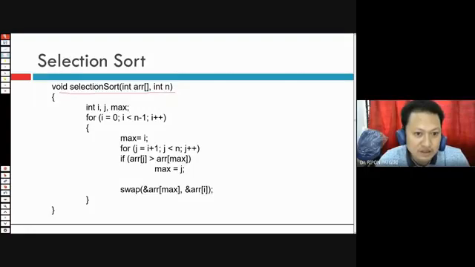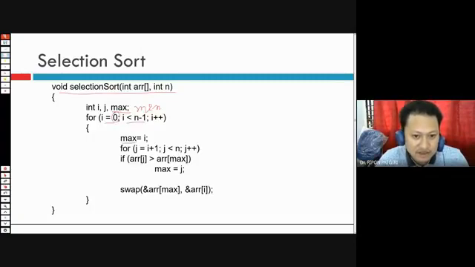In selection sort, I have to find the minimum, or you can find the maximum. Here i equals 0, i is less than n minus 1, then max is always 0.